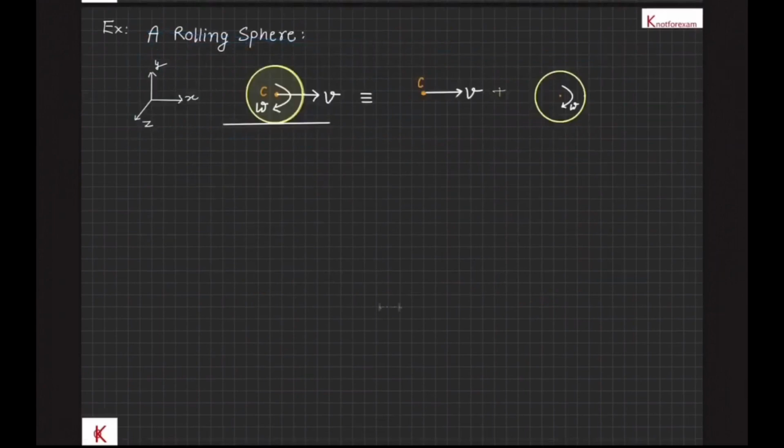In this example, there is a sphere which is moving along the x-axis. Plane of motion is the xy plane and its angular velocity is along the minus z-axis. Since it is an example of general plane motion of a rigid body, this motion can be translational motion of the center of mass axis and pure rotational motion about the center of mass axis.